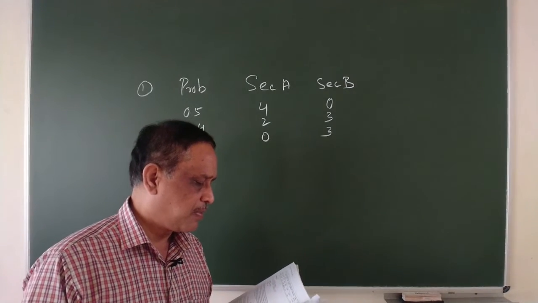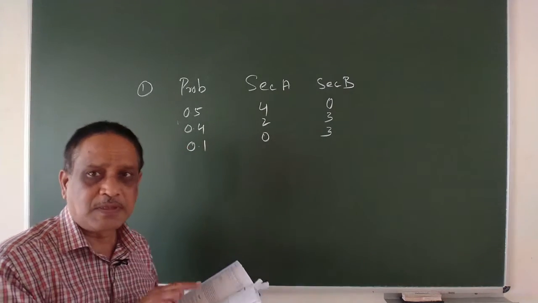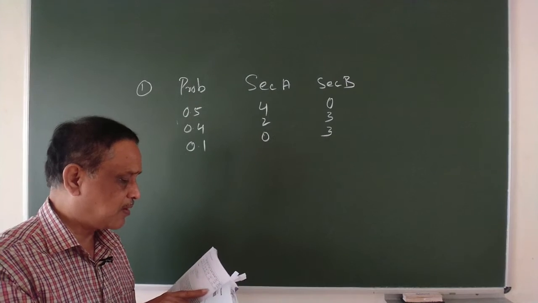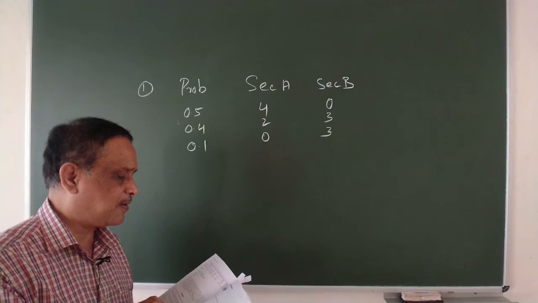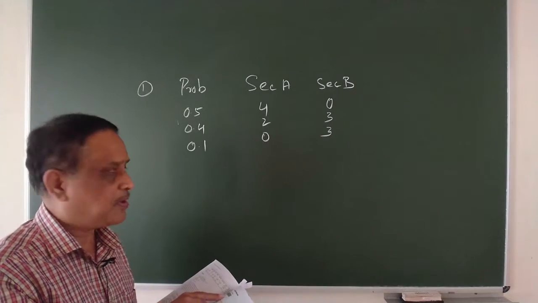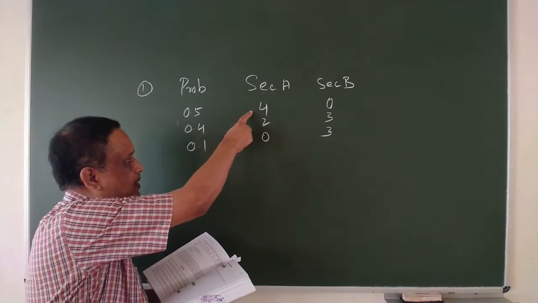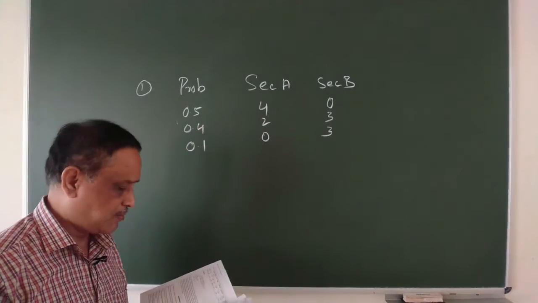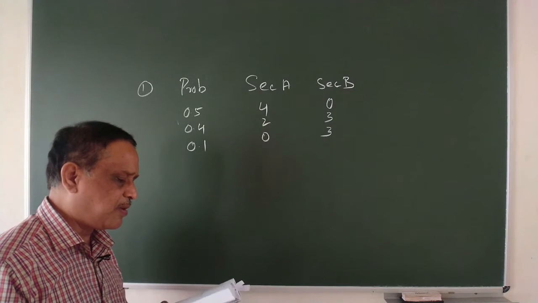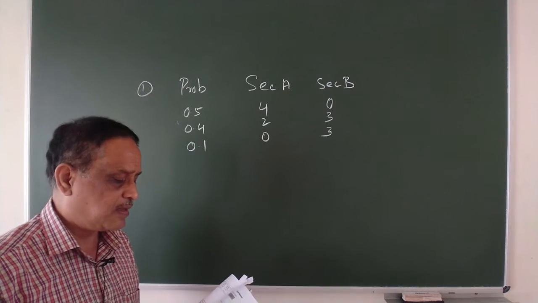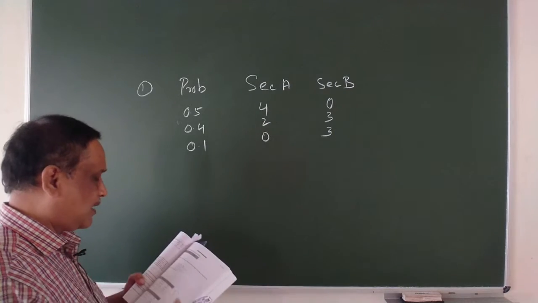Today we are going to see a problem in risk. The returns on securities A and B are given, and I have shared this in the slide also. You can check it. The probability is given as 0.5, 0.4, 0.1, along with the returns of security A and security B. The question is to give the security of your preference, selected on the basis of return and risk.